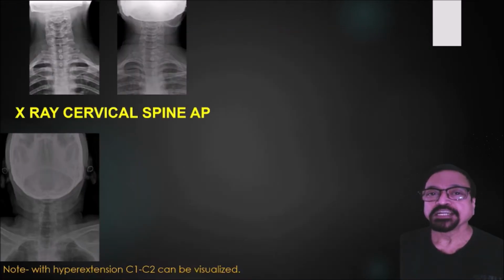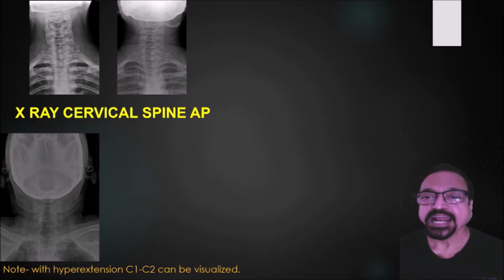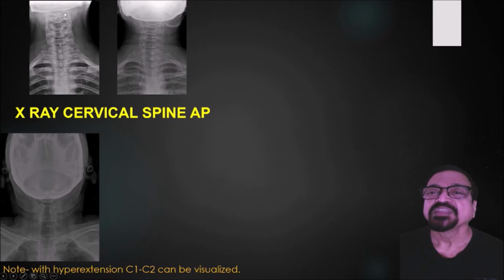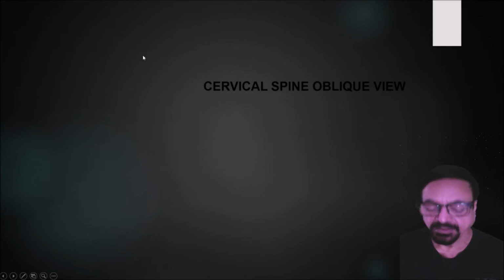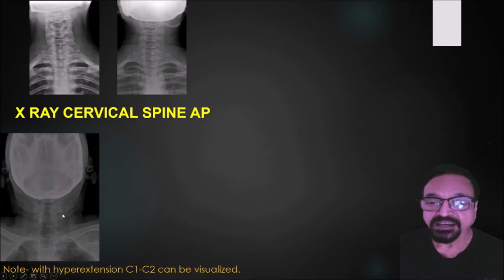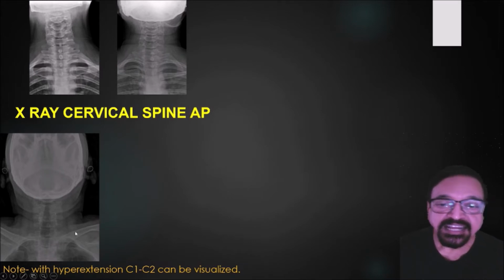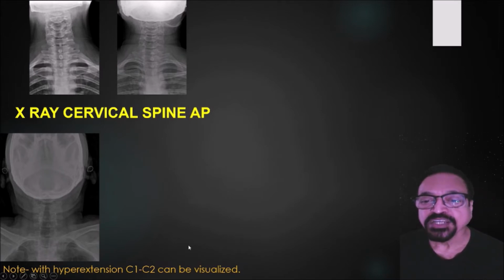Here I am showing you multiple radiographs. Now let us look at the first. First is with slight elevation of the chin. Second is with a normal chin position. And third, as you can see here, is hyperextension of the neck. What hyperextension of the neck has done is, you can see the foramen magnum and also the C1, C2 region in